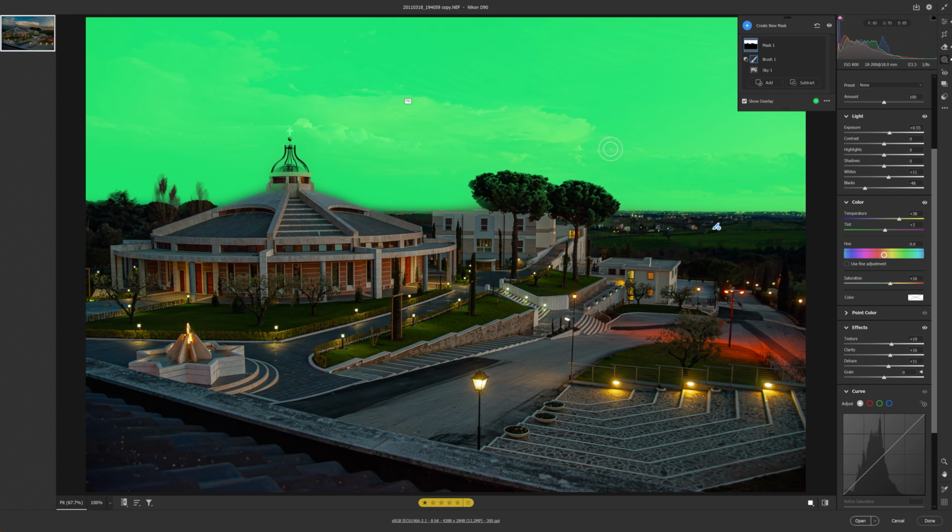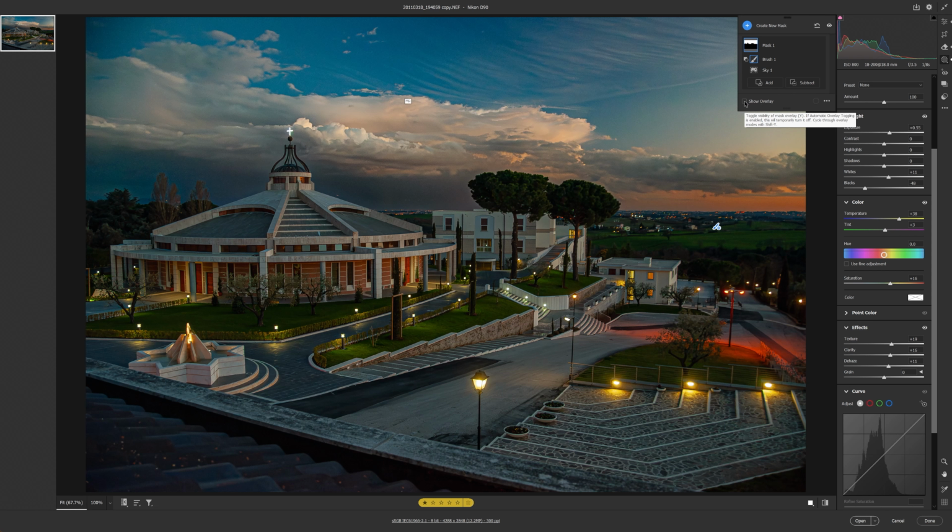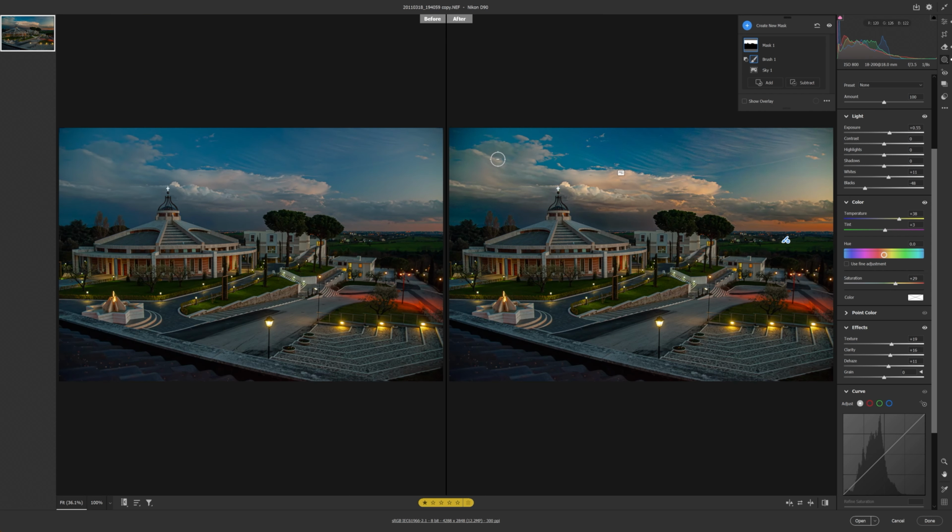As you can see now, it is only manipulating the area that is shown in green or the overlay. So I can put that off so you can see what it looks like after the processing has been applied to it. If I want to increase the saturation, I can do that. I have over processed this part just to show you what can be done to just part of the image. And if I do a before after, you see it has